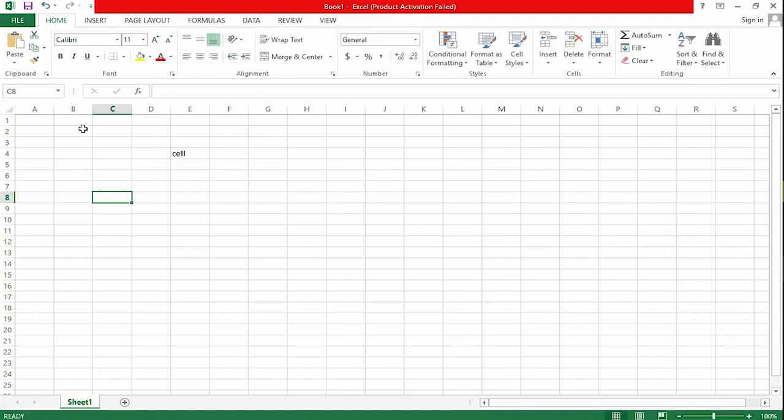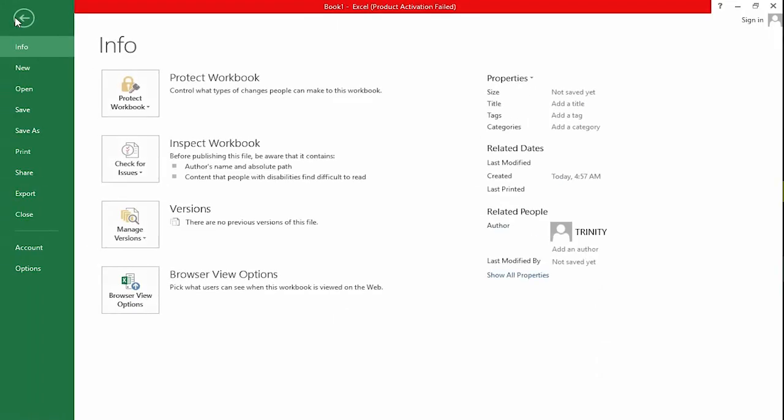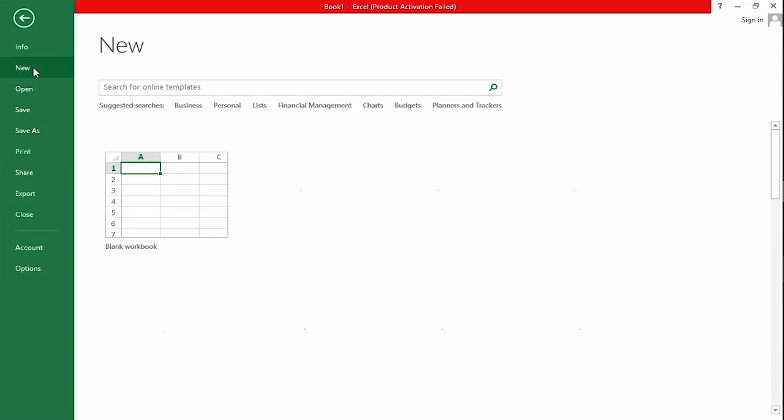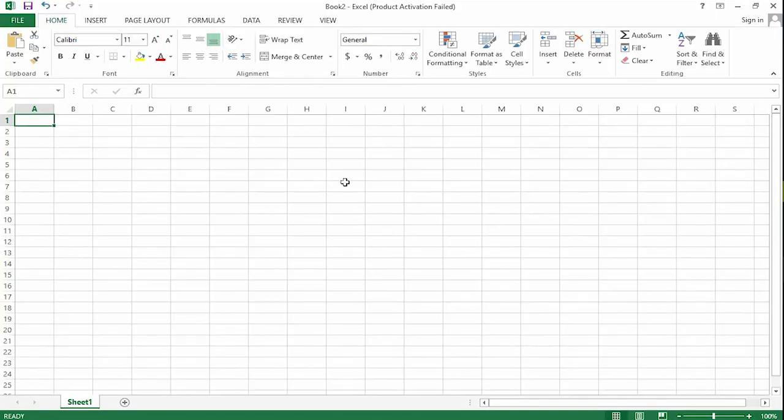Let's learn how to create a new document. To create a new document, you go to your backstage view. So you click on File, and here you click on New. So here you select blank workbook, and here you have a new workbook open. Now we can decide to do something on this workbook,